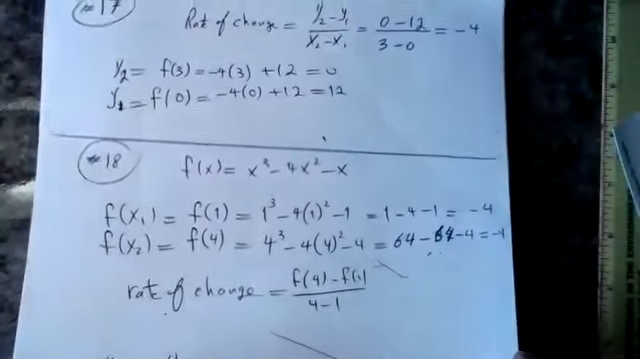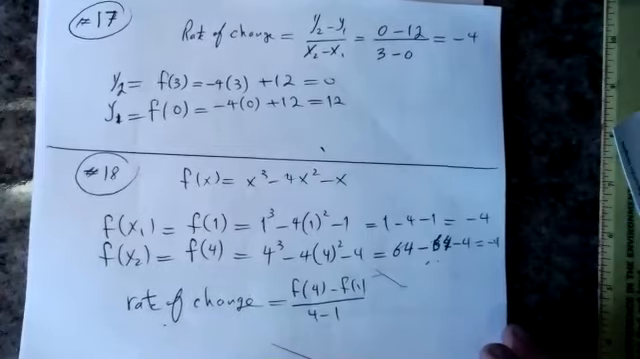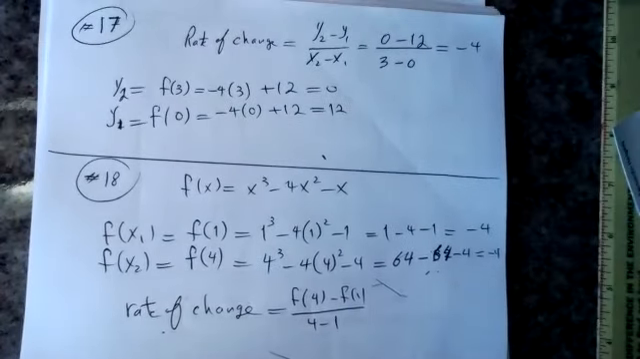Okay, the next is rate of change. The word rate of change basically is the slope. And the formula for slope,